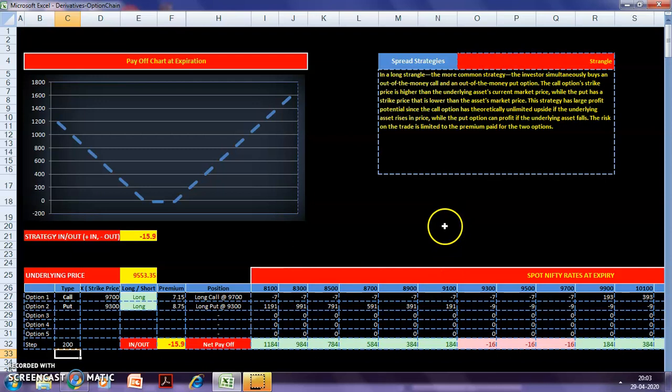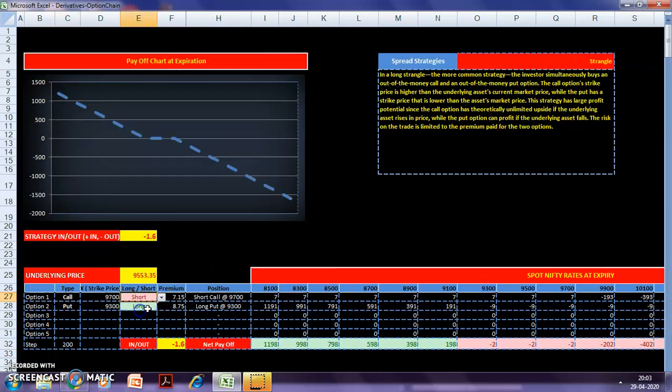Then the payoff is calculated here. The thing to note is that although this strategy is cheaper, the prices will have to move even more relative to a straddle for the strategy to be profitable. Basically people use it because the net debit initially is less. You can see that the payoff chart is also similar to a straddle, except for this flat section between the strike prices. The rest of it is similar to a straddle.